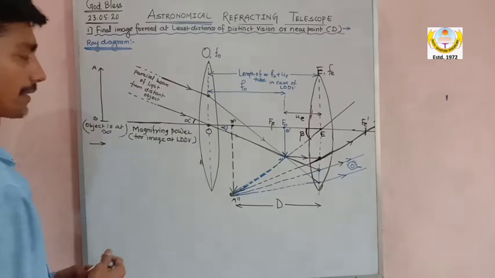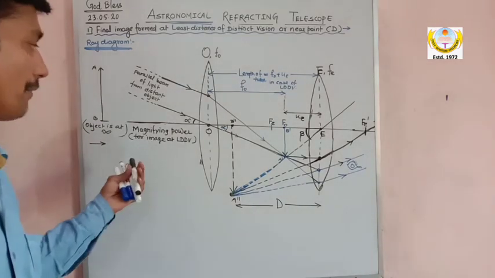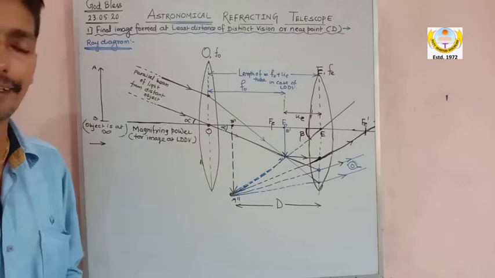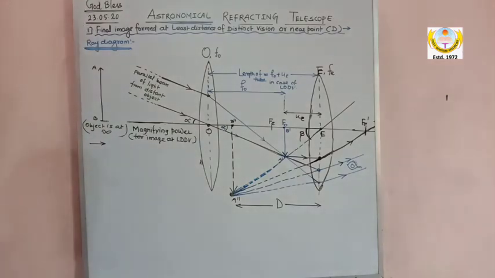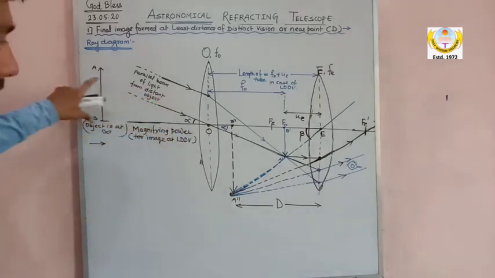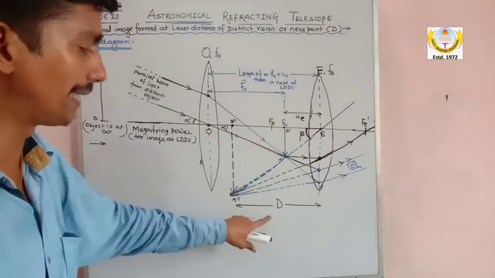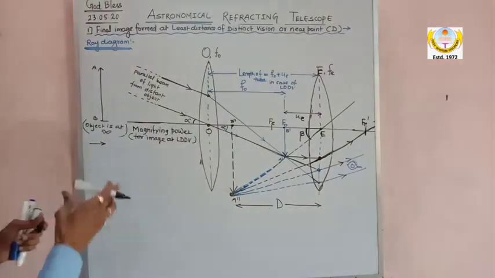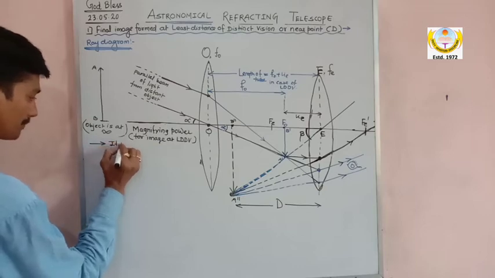Let's go to the calculations of the magnifying power and the definition of the expression for magnifying power when the image is at LDDV, the least distance of distinct vision. So now, my dear, what is magnifying power? You all can see that the object is at infinity and the image is obtained at LDDV. So when I define magnifying power, I'll say it is the ratio